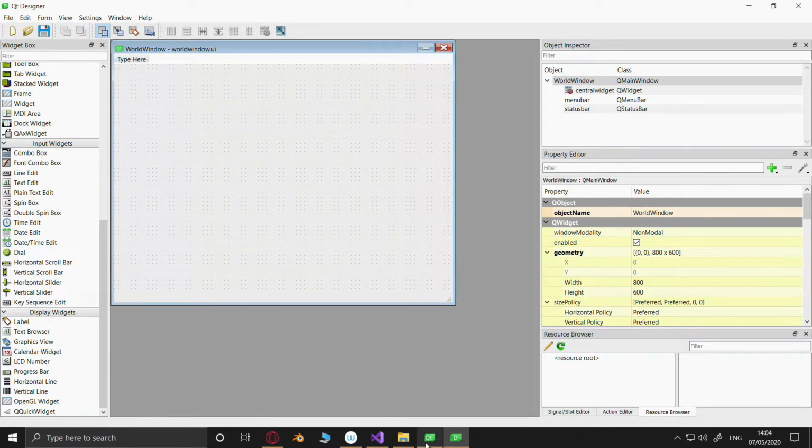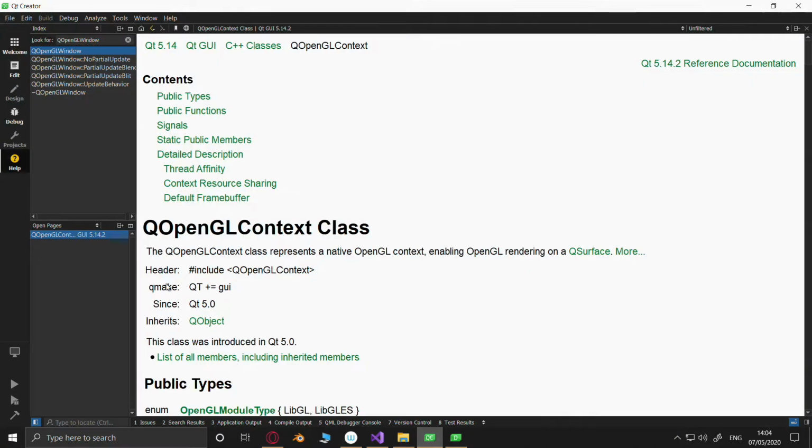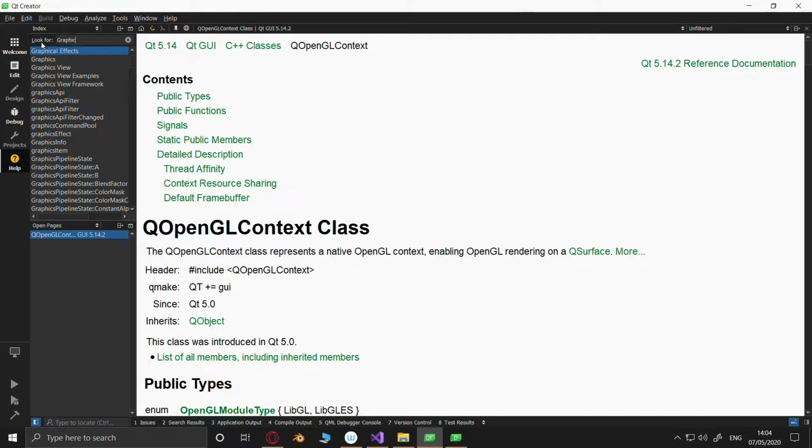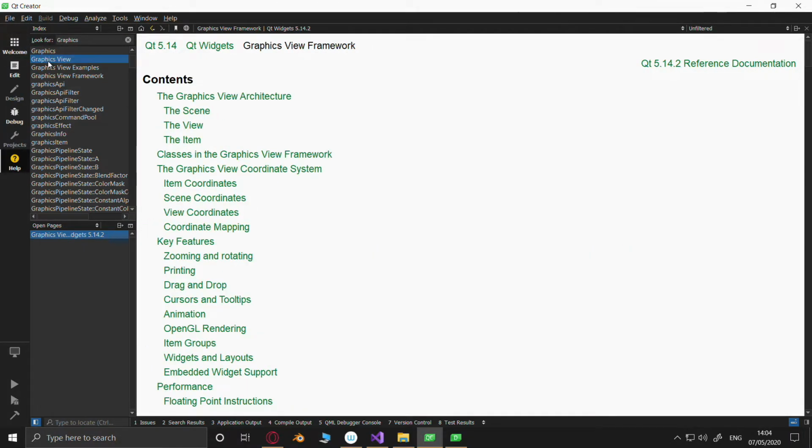What's a graphics view? Scene view item.